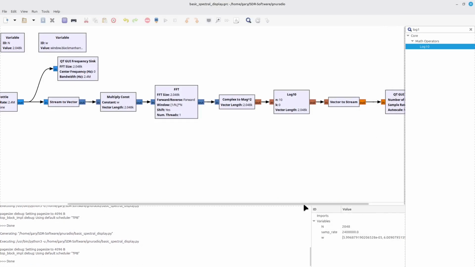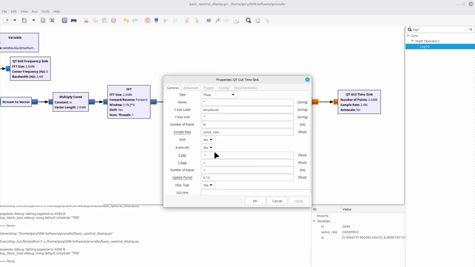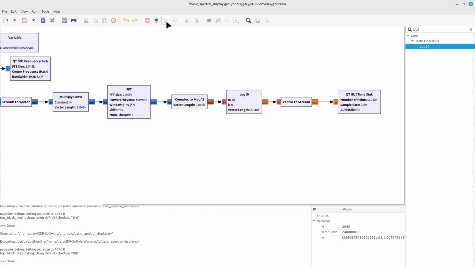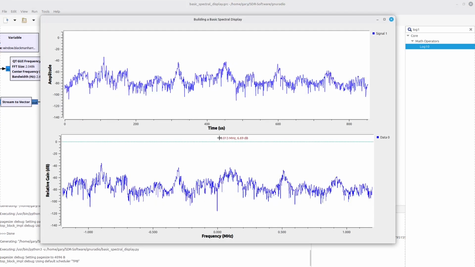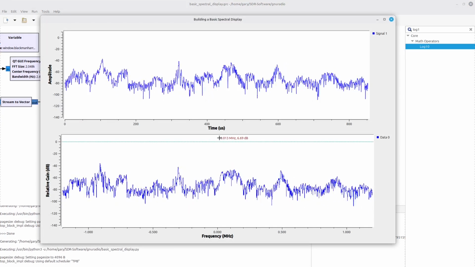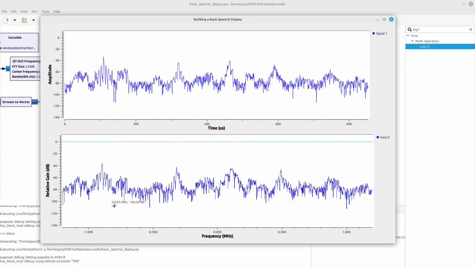So I'm going to close this, come in here to our time sink, and change our min to minus 120, and I'm going to change our max. You know what? I'm just going to make it equivalent to the frequency sink. So minus 140 on the low side and 10 on the high side. And let's see what it looks like. And notice that they now pretty much are equivalent.